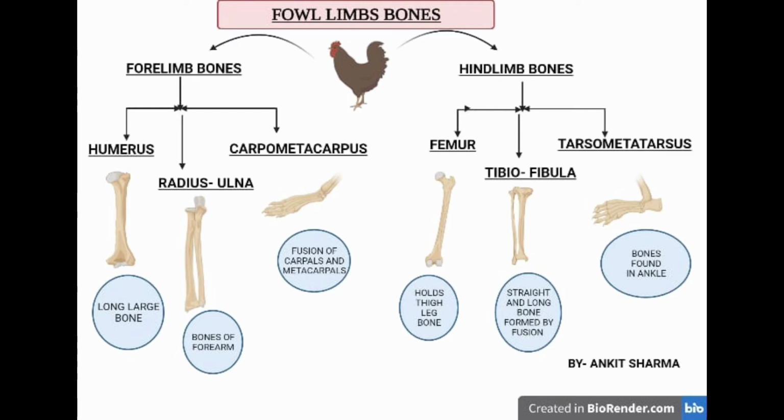The first metacarpal is a very short, stumpy projection at the proximal end. The second metacarpal is a strong and somewhat straight bone. The third metacarpal is thinner, slightly curved outwardly on the postaxial side and fused at both ends with the second metacarpal. In hind limb bones, we talk about the femur.